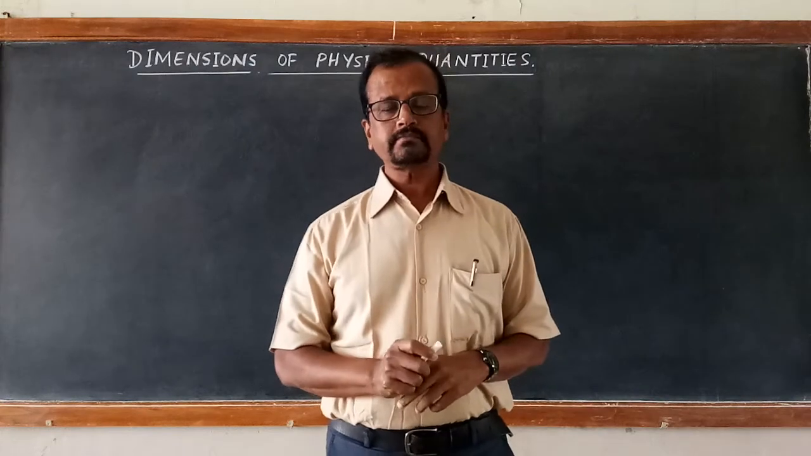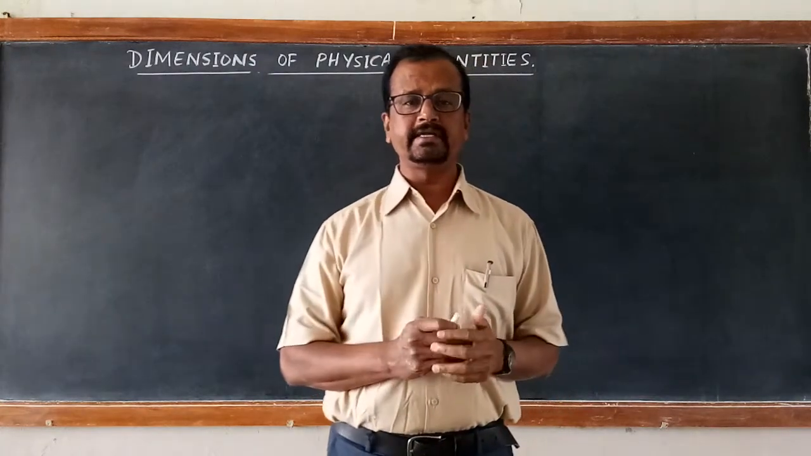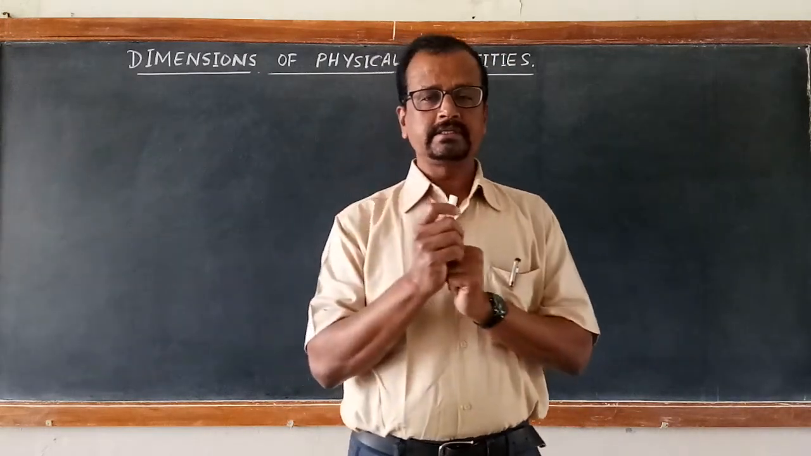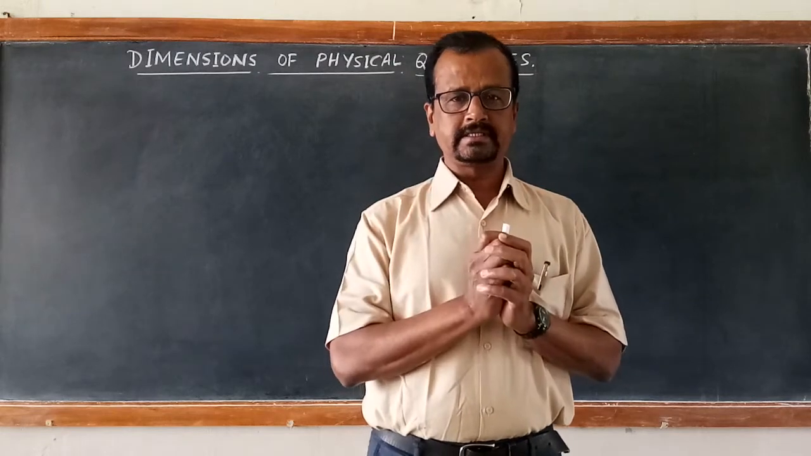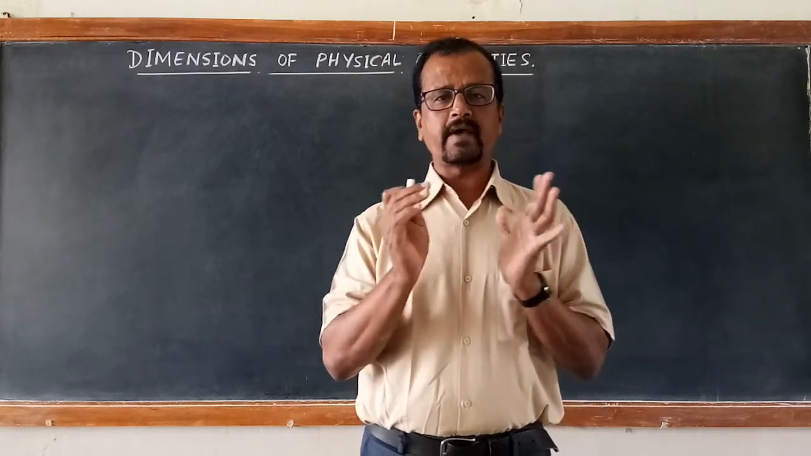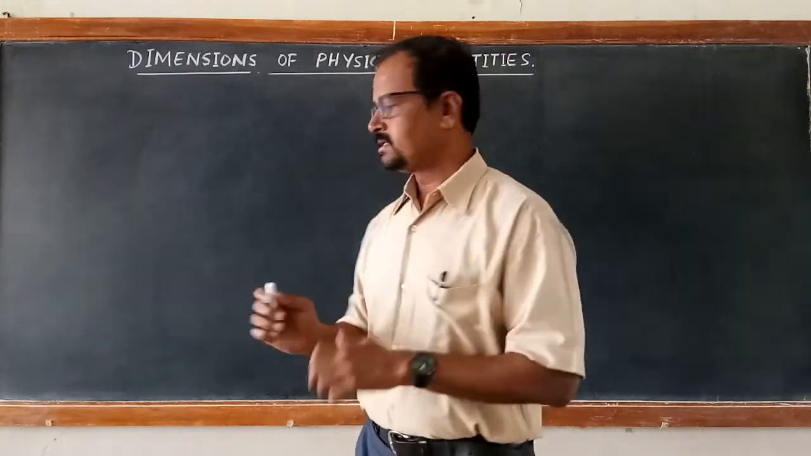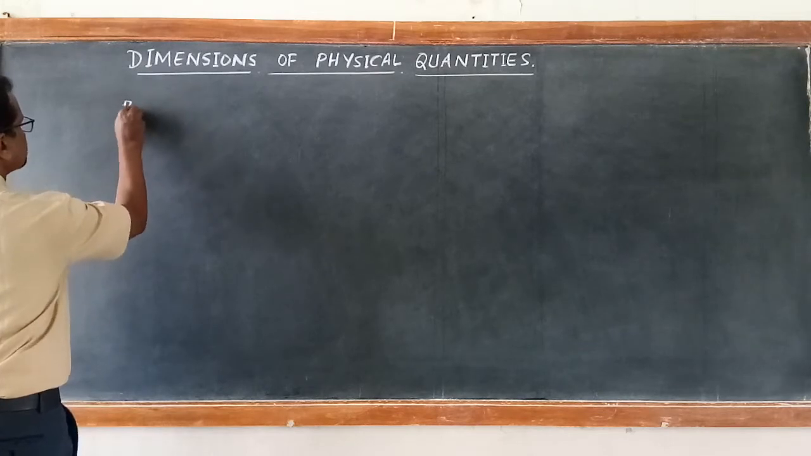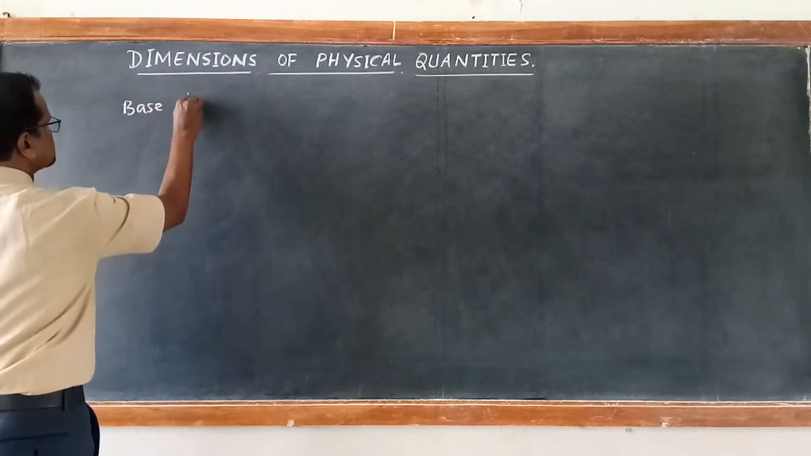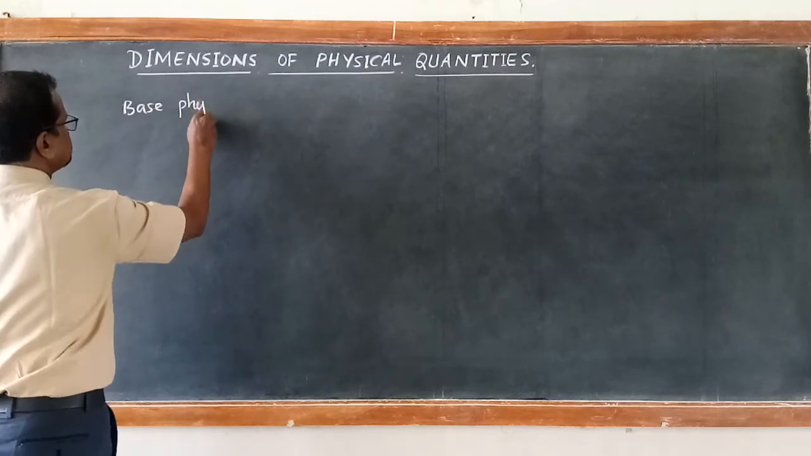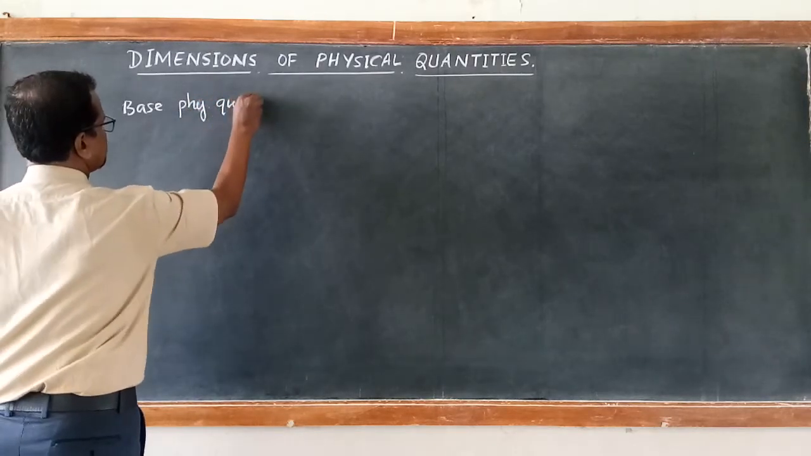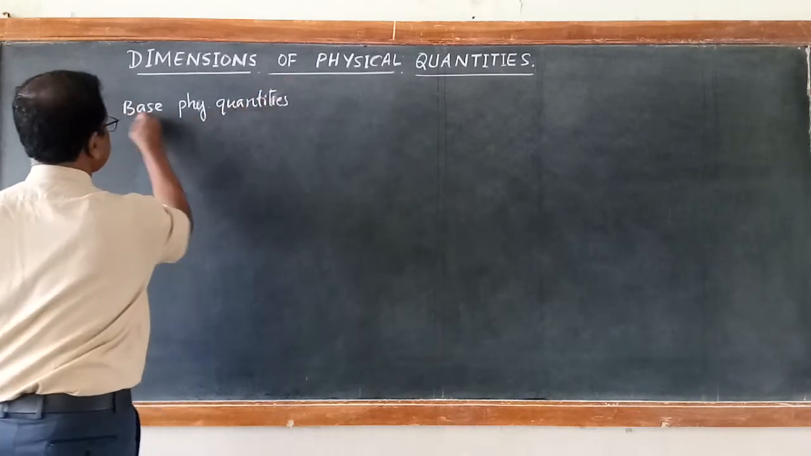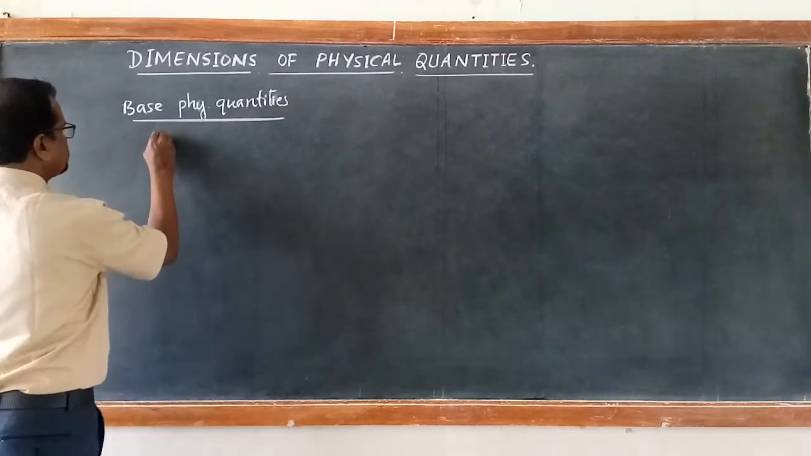You know that there are several physical quantities which are termed fundamental quantities and derived quantities. There are 7 fundamental quantities. These 7 fundamental quantities have their own dimensions. As you know, they are also called base physical quantities, or fundamental quantities. One is length,